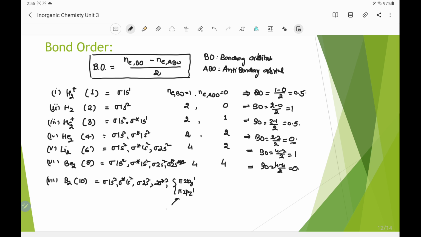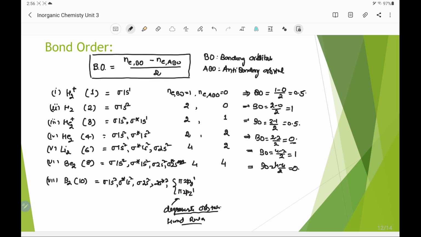We can say these are the degenerate orbitals having the same energy, and electrons will go into both orbitals one by one, obeying Hund's rule, which says the maximum unpaired electrons result in the stable configuration. So it obeys Hund's rule, with 1 electron in the 2py orbital and 1 electron in the 2pz